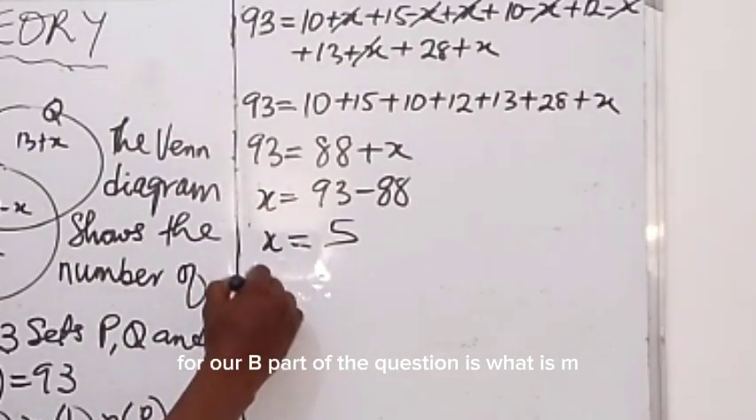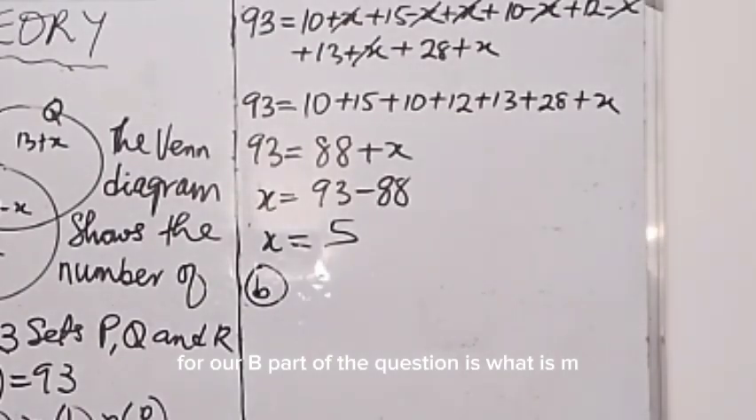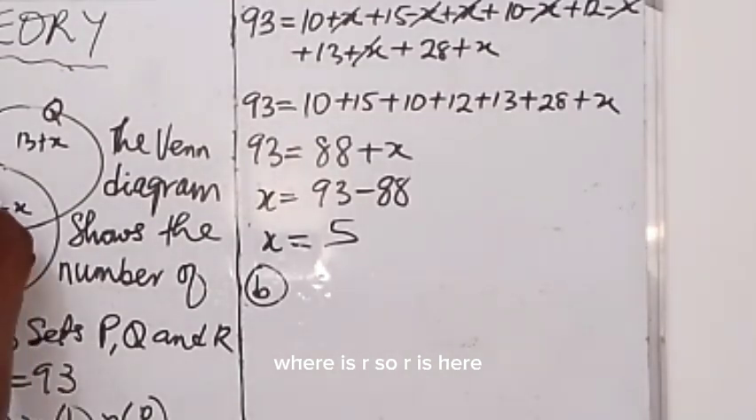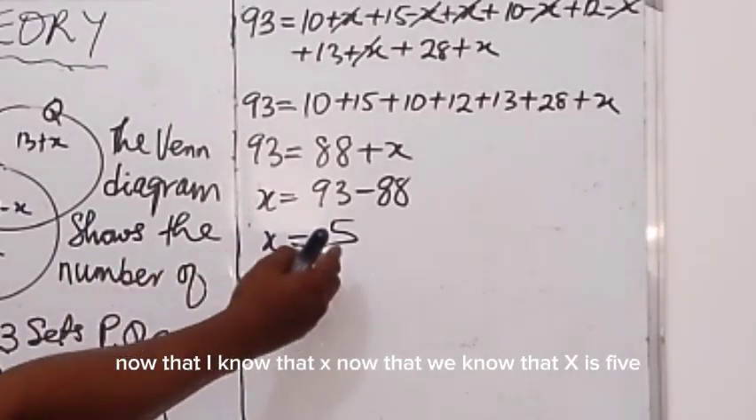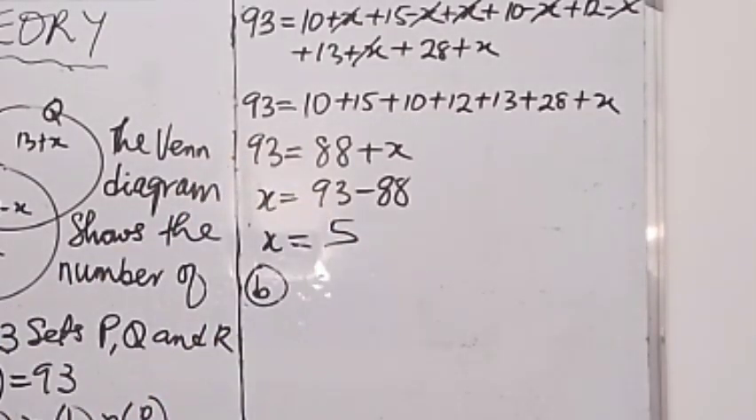For our B part of the question, what is n(R)? As in, how many elements are in R? So first of all, where is R? R is here. This is your subset R. So let's put in those values. Now that we know that x is 5, it means